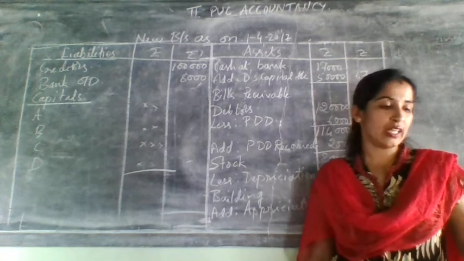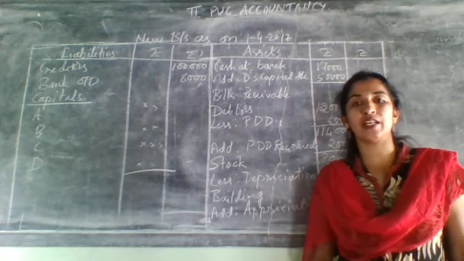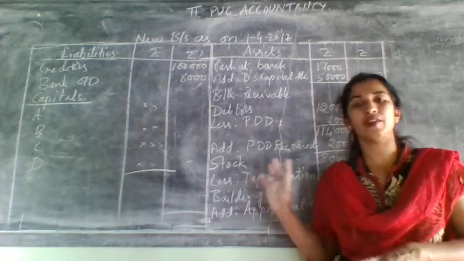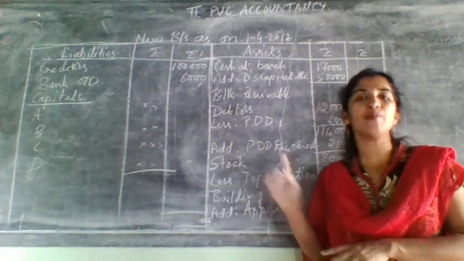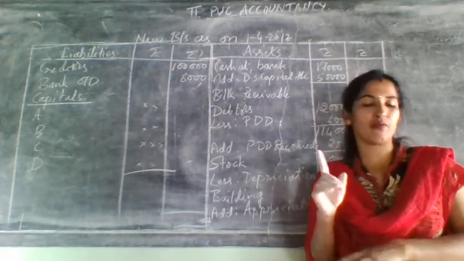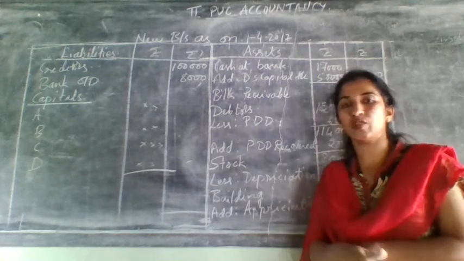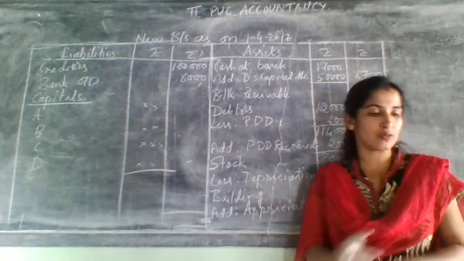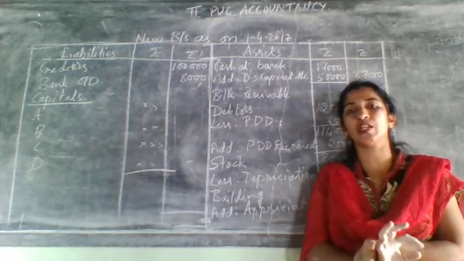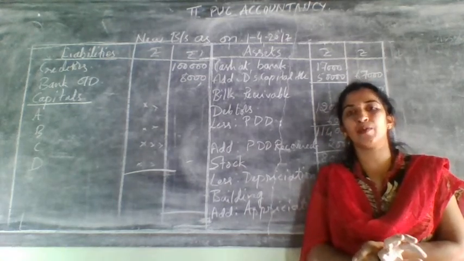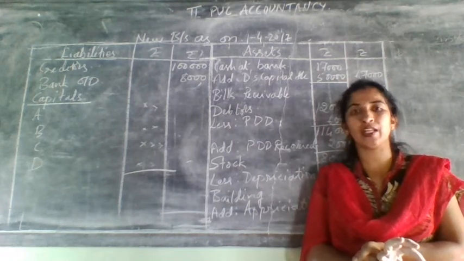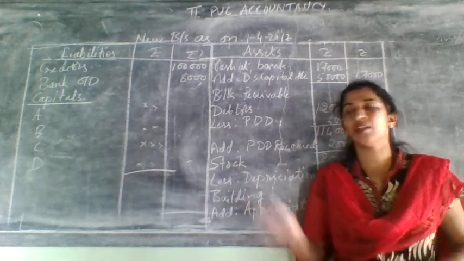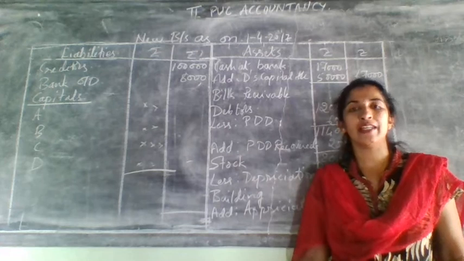But the next problem starts with capital adjustment. This is a bit different. All the steps will be the same. One extra step will come for this. Actually they have removed this, but still for learning's sake you need to learn this, because they have given the problem also there. You can practice that later, it will be helpful for you. So capital adjustment will come here. That I'll show you in the next class.